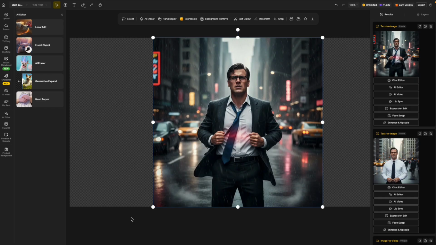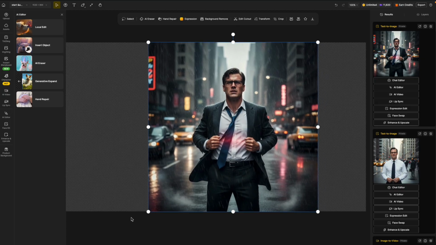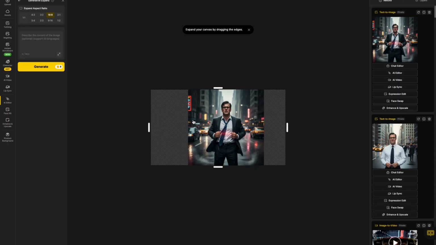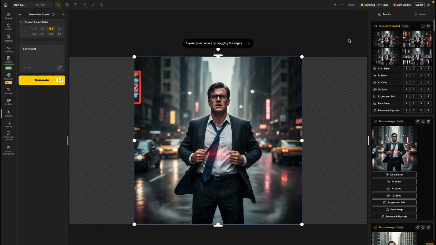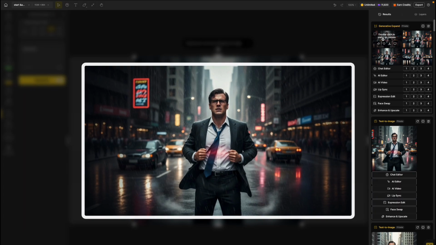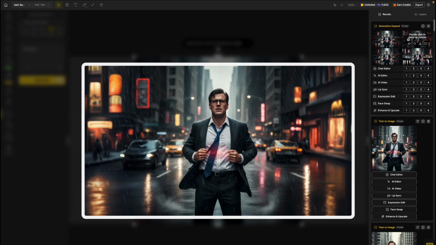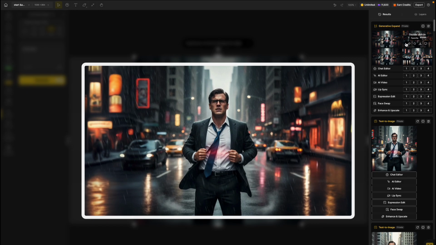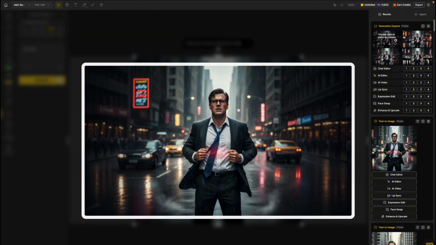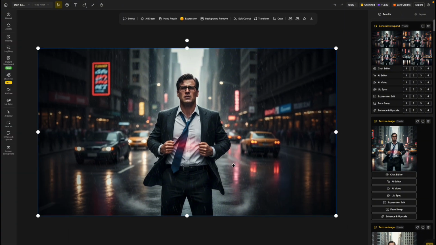And as you can see, as this hasn't come out 16:9, we can go to AI editor on the left bar here and choose generative expand. I'm just going to place them in the middle and 16:9 and describe the content of your image. I'm just going to put a city street. It has generated 4 options for the expanded image. We've got this one which actually looks good, this one a bit different, they're all a bit different, and for me the best one is this one here. So I'm just going to double click to put that on the canvas, and now we've got our start frame,